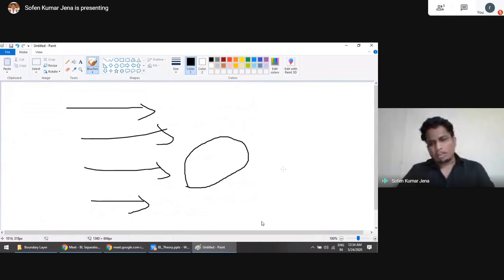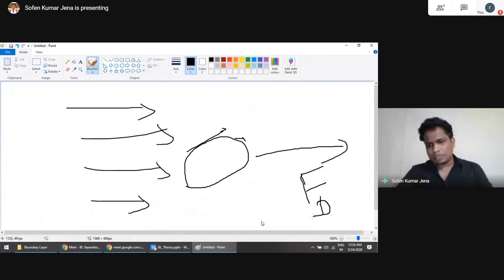One, along the free stream direction, the net force may be acting here. On every surface, there is a different direction of the action of the force, right? So the net force along the surface, if we resolve it into two components, there is a component of the force that is working along the free stream direction. That force is known as drag force. The other is a force acting perpendicular to the free stream direction.